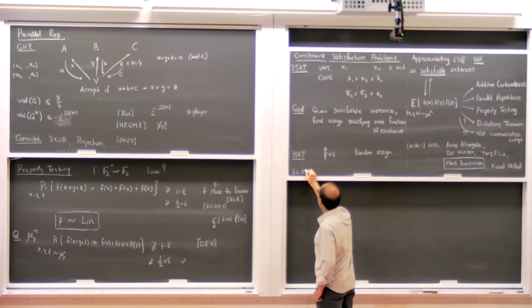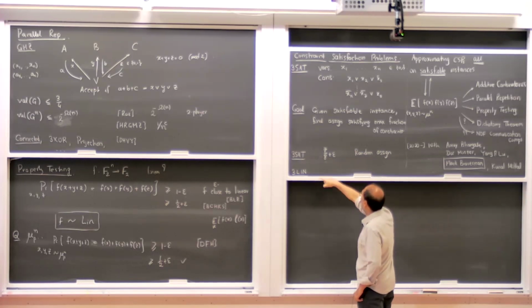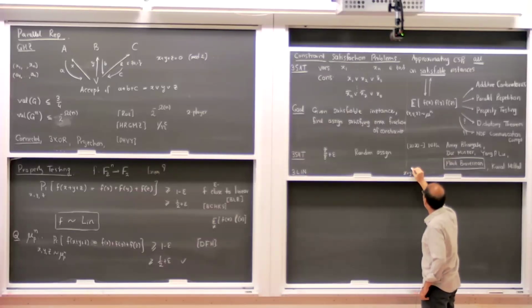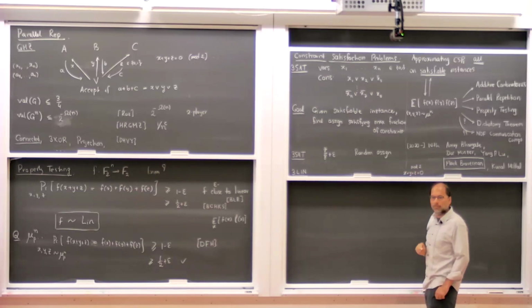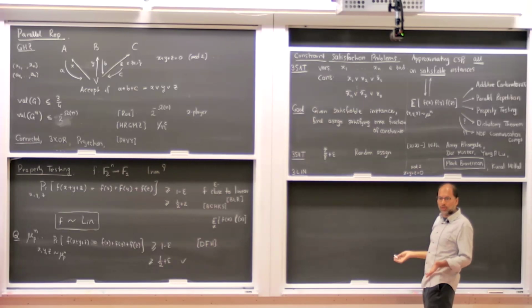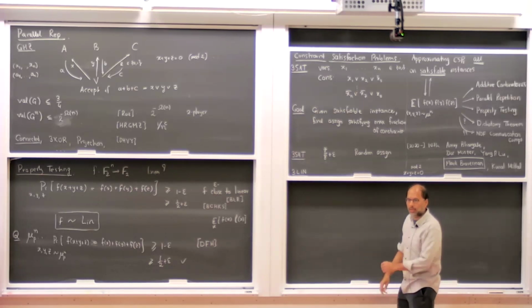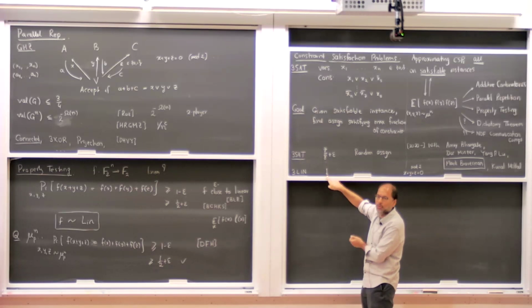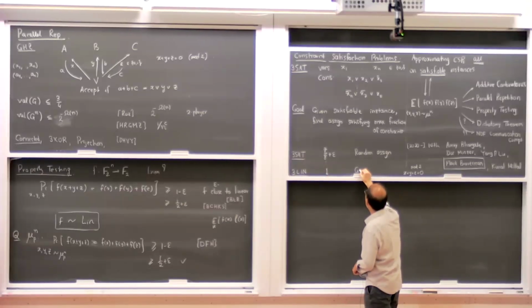Now for 3-lin, which is a CSP similar to this, except that the constraints are linear, meaning x plus y plus z is 0 mod 2. These are just linear equations. Now, if I tell you that there is an assignment which satisfies all constraints, how well can you do? You can find it, because you use Gaussian elimination. You can find the assignment which satisfies all constraints. So in fact, you can call the threshold to be 1 in this case, or you could simply say that the problem is in P. It's polynomial time solvable.